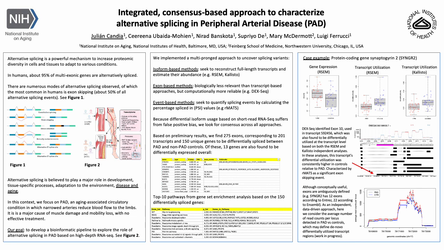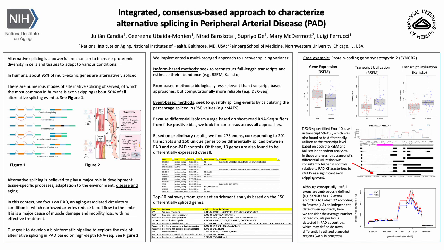for which that's differentially expressed at the overall gene level and is higher in PAD than controls, but where one transcript appears to be differentially utilized and higher in controls than in PAD. And this is confirmed using two different transcript-based tools, RSEM and Callisto. The center panel on the right shows results from DEXSeq, which is an exon-based method that finds the same transcript also differentially utilized